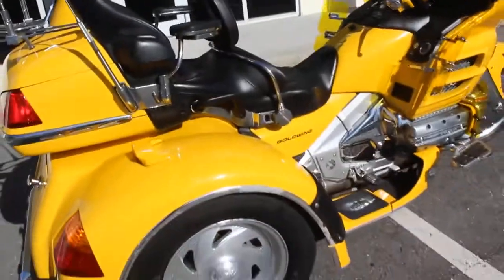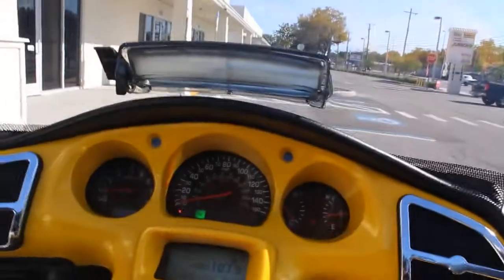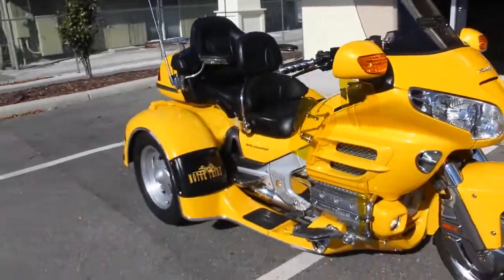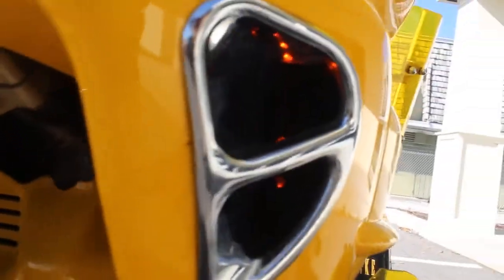2003 Goldwing Motor Trike kit. A lot of yellow on this bike. Only 28,200 miles. Runs excellent. Sounds excellent. Another little blemish I just noticed. Minor stuff. It is 15 years old, but low miles. Some more lights in there. Hard to see out here in the sunny Florida weather, but